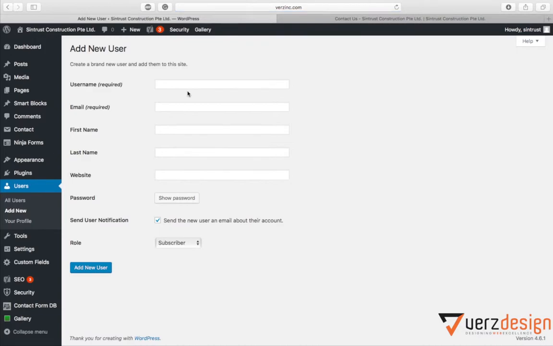When you press the add new button, you can see the fields. The first fields are username, email, first name, last name, and the website. The required fields are username and email. These other fields you can ignore. So let's say I want to create a user called test. Then the email is